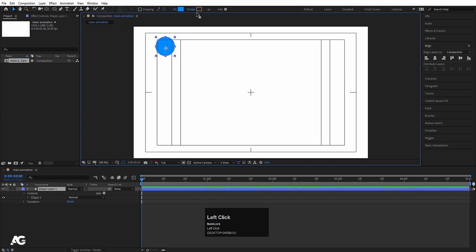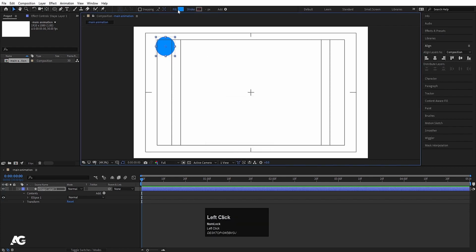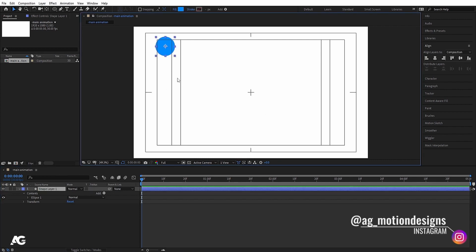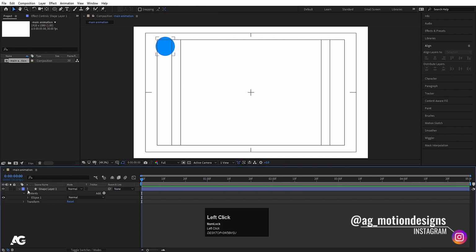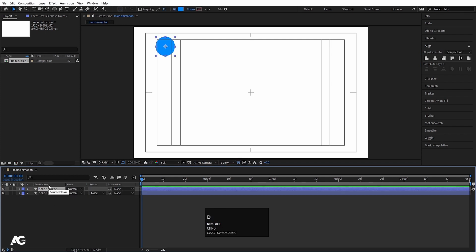And if you have any stroke over here and you want to delete it, simply click on this stroke and delete it and hit OK. You are free to choose any color you want for this fill. Right now I'll choose blue, and then again I'll press Ctrl Alt Home to align the anchor point to the center. Now as you can see, whenever we create anything on this canvas, it will automatically get created in this timeline also. So now I'll close this, select this shape layer, and hit Ctrl D,